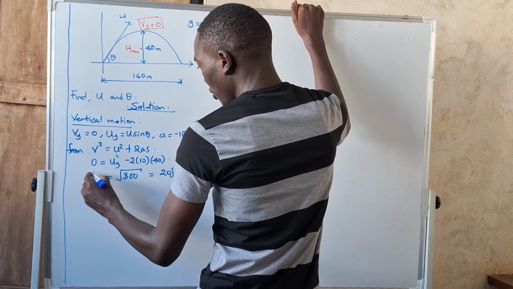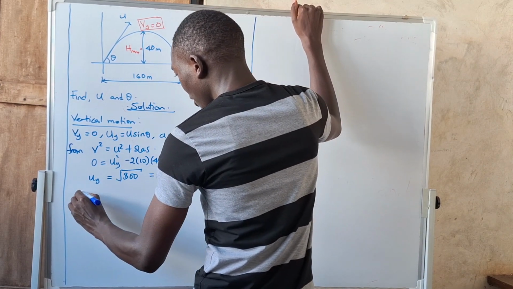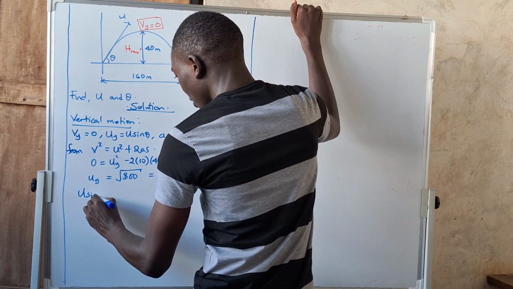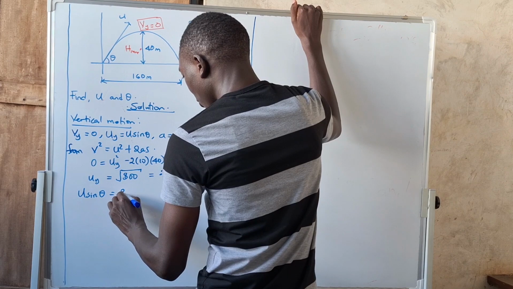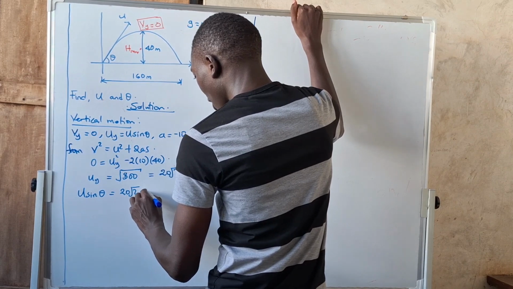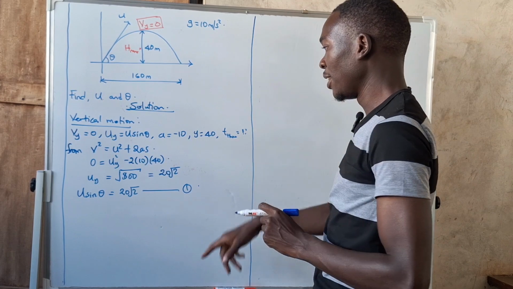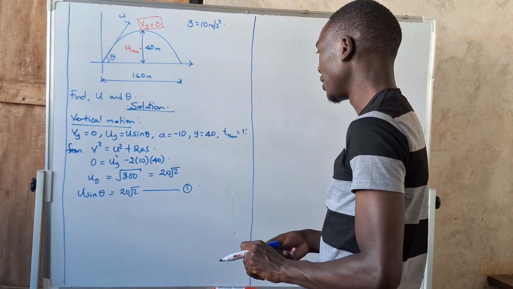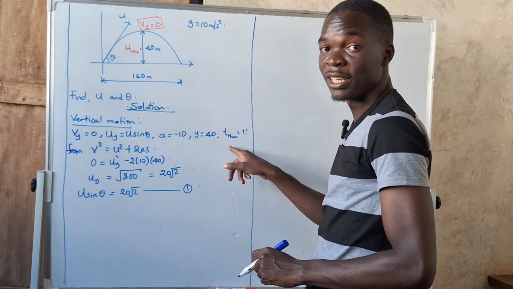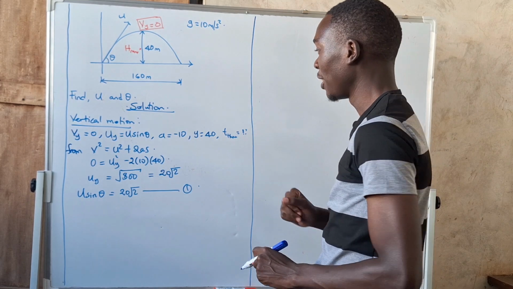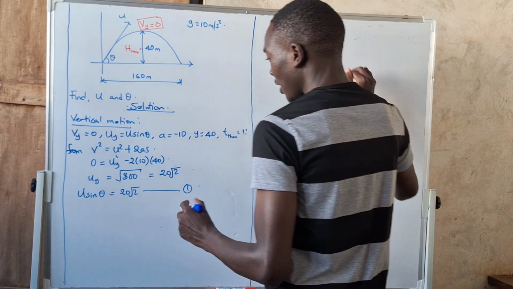Now, ladies and gentlemen, remember uy is u sine theta. So this simply implies that my u sine of theta is equal to 20 root 2. Allow me to call this equation number 1. Now, having uy, I can obtain the time taken to reach maximum height. So I can come and say